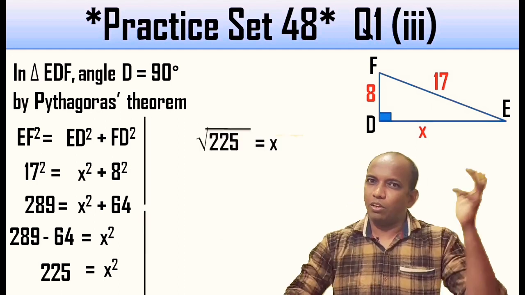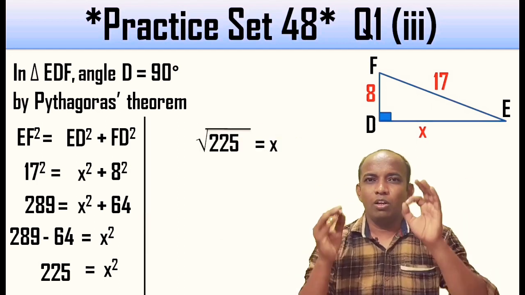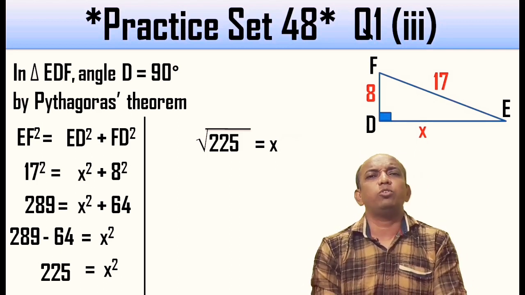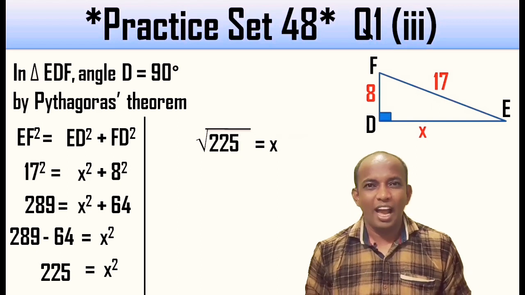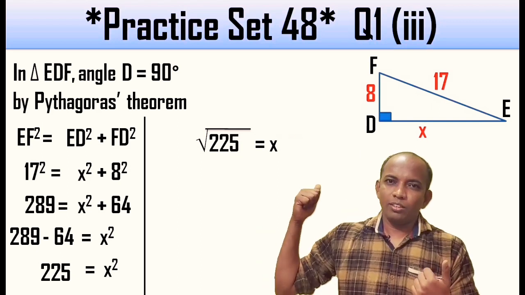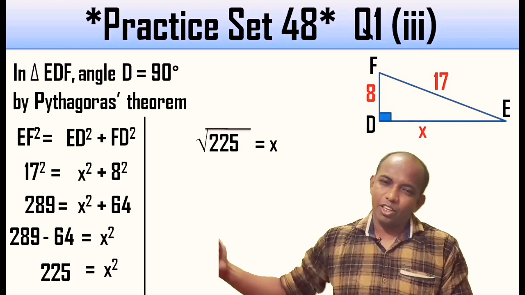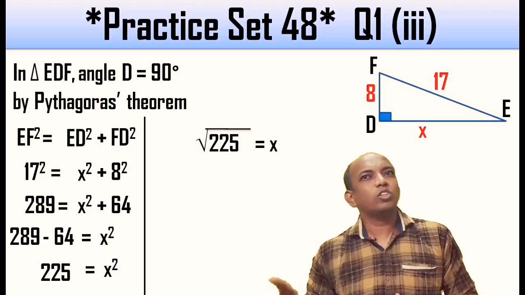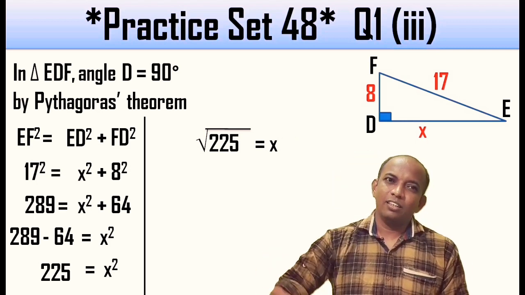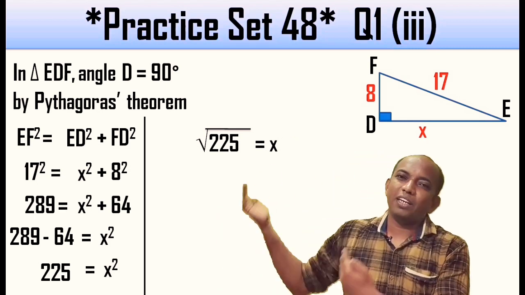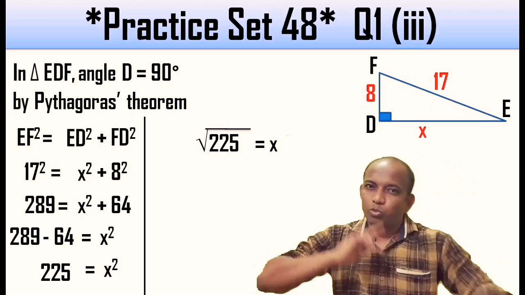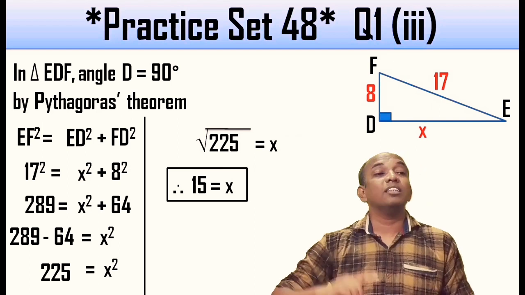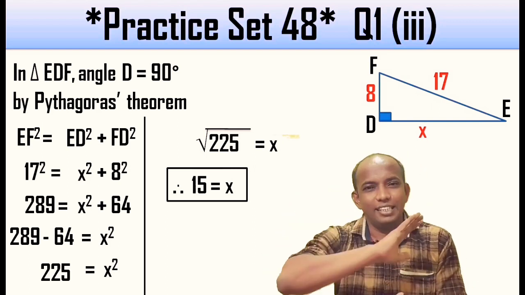And the way I explained you, to get the final answer, always the moment you apply the Pythagoras theorem, we have to take out the square root as a second last step, right? That means under root 225 equal to x. And my dears, if you remember the squares, 15 square equal to 225, that means under root 225 is nothing but 15, right? The vice versa. Okay, so we got the value of x, that is 15, and that makes the value of ED equal to 15 units.